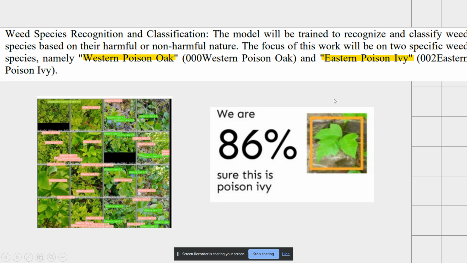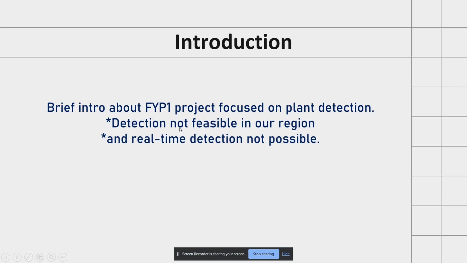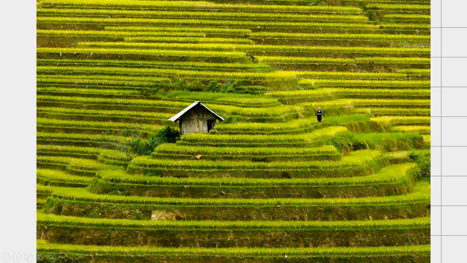But after discussions with the panel and my supervisor, I found that these two plants basically grow in the US, so they are not even feasible in our region, which leads to me not being able to do real-time detection, and this loses so much of the project value. So what I plan to do is, after going on a trip to Indonesia and seeing the rice fields there,